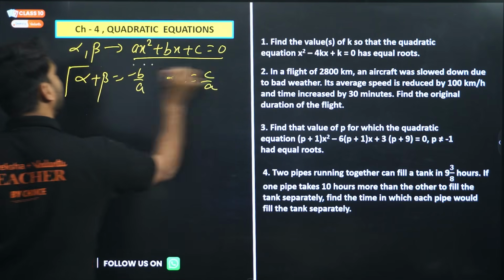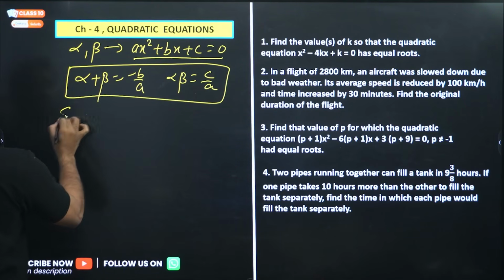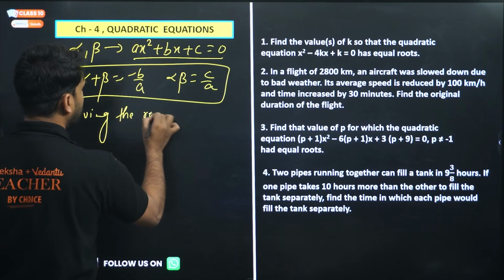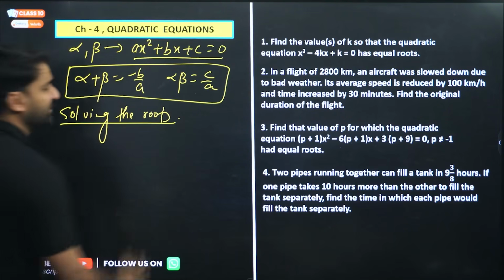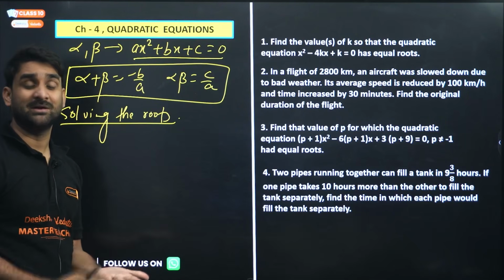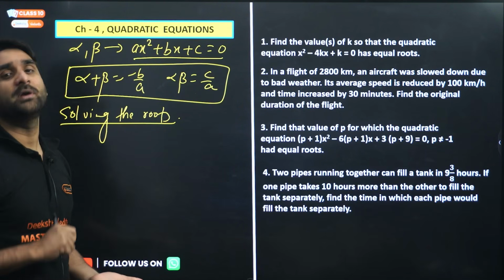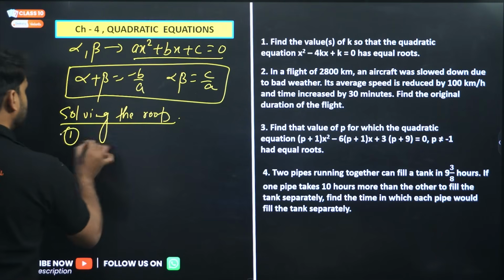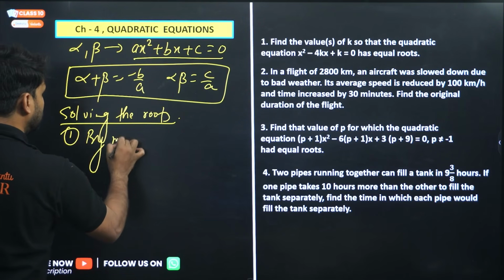This formula plays a very important role, and solving the roots also. Solving the roots. And you all know, for solving the roots, we have 3 methods: by the factorization method, which is called the middle term splitting method, by the quadratic formula, and by the completing the square method. But the completing the square method is not in the syllabus. So you can use the middle term splitting method,